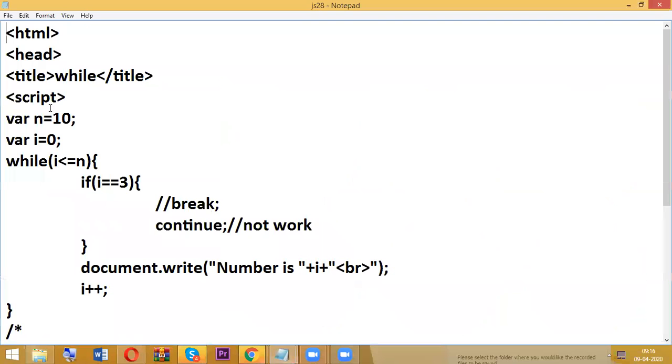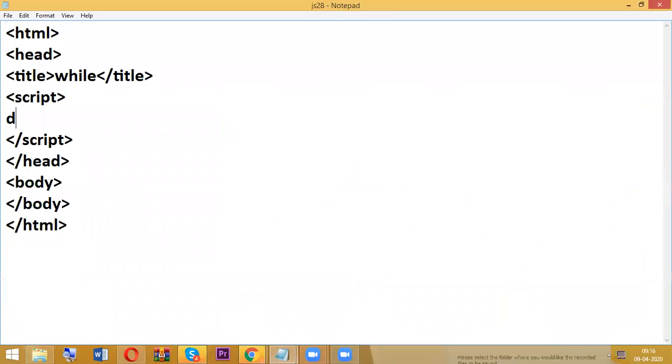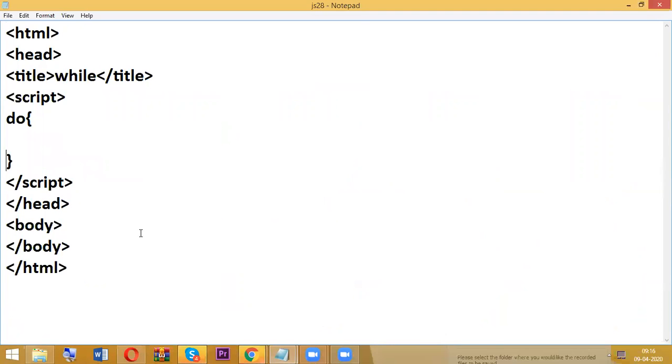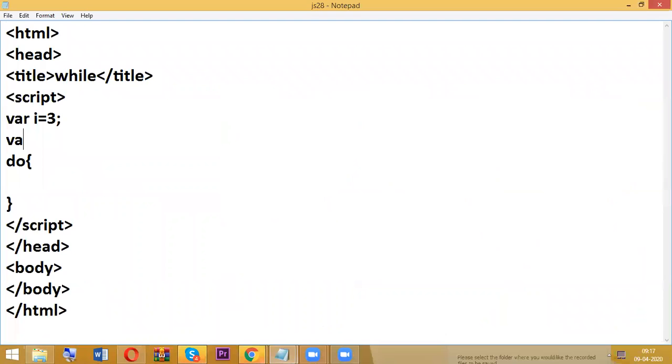Now here I'm going to have a do while loop. Variable i equal to 3, variable n equal to 2.